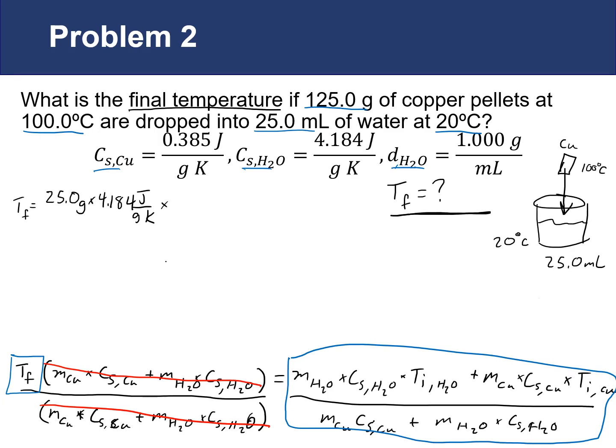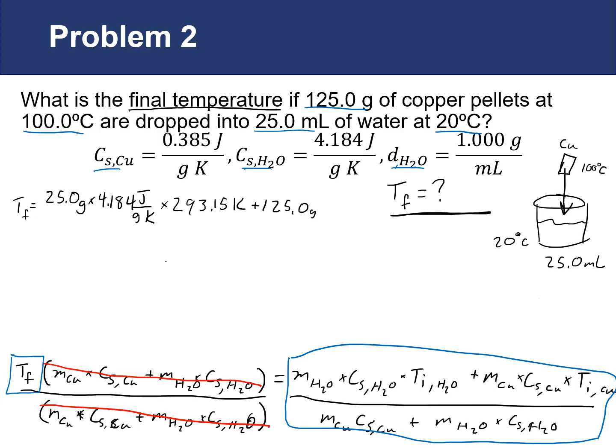Now for our initial temperature, we do need to work in Kelvin. We are not talking about changes in temperature, we're talking about the actual starting temperature, so it needs to be in Kelvin. So 20 degrees Celsius plus 273.15 is 293.15 Kelvin,